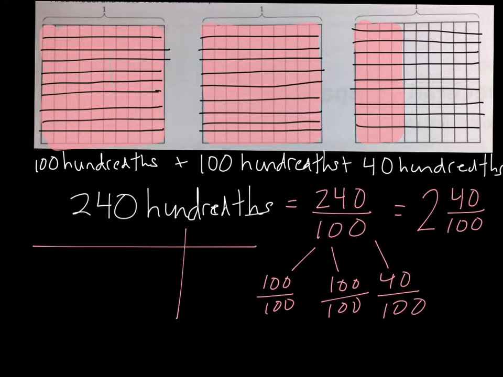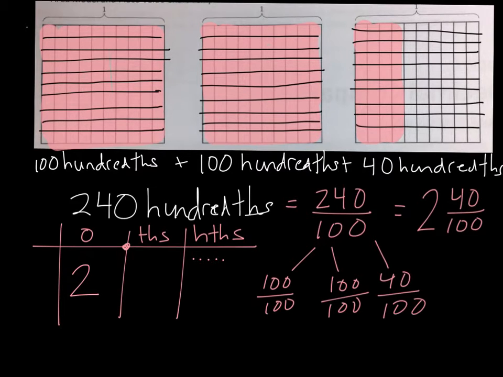I can also use a place value chart, my ones, tenths, and my hundredths. Now I can't write 40 in this box. I can only put one digit in each column of the place value chart. I already know that I have 2 whole, so I'm going to go ahead and write my 2 whole in my ones column. But those 40 hundredths, just like what we did on the previous slide, if I put